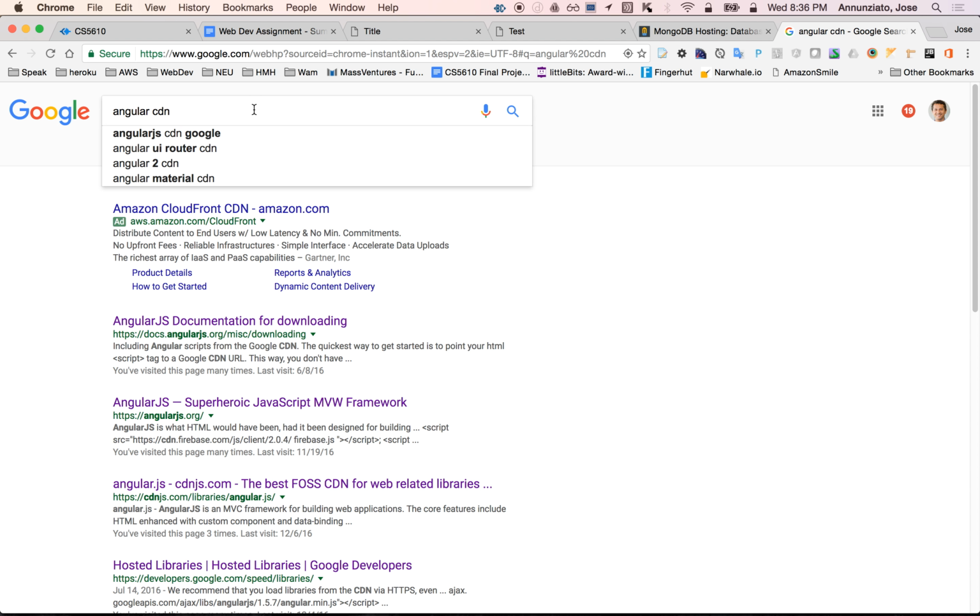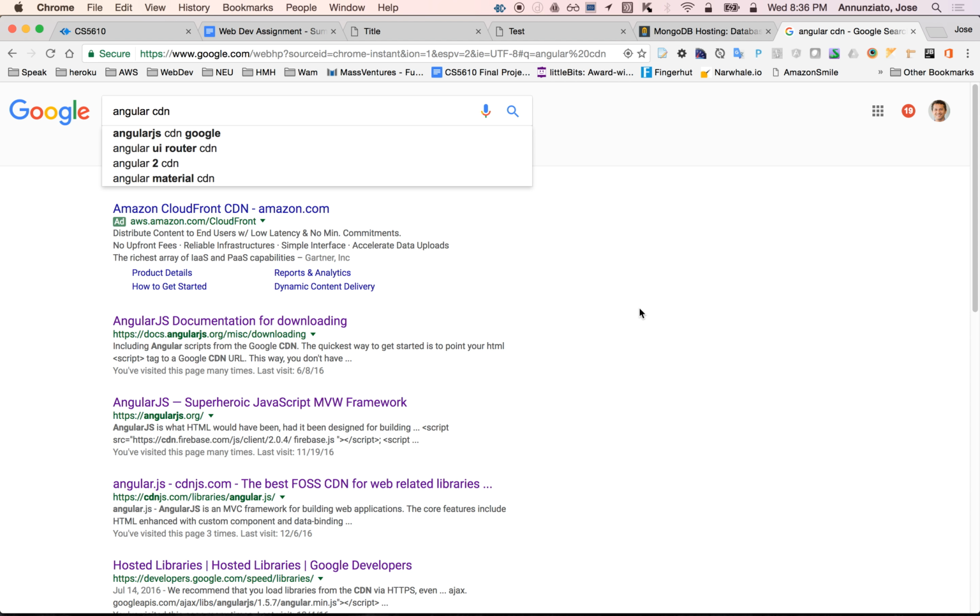So CDNs are code repositories, right? That host libraries such as Bootstrap or Angular, very popular libraries. That's their whole purpose in life, for folks to post these libraries, and as these libraries become familiar, and folks use the same CDNs over and over,